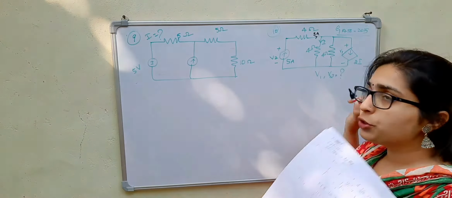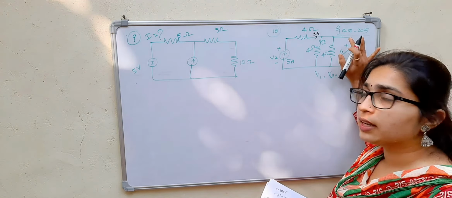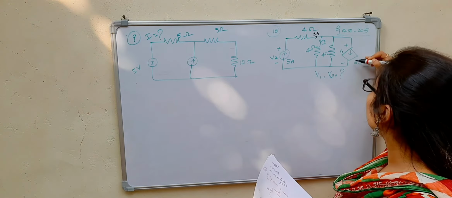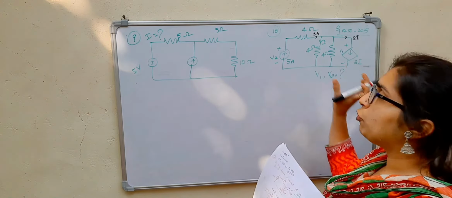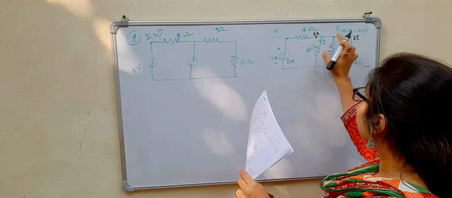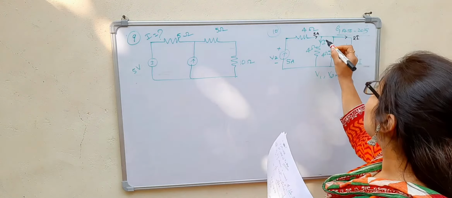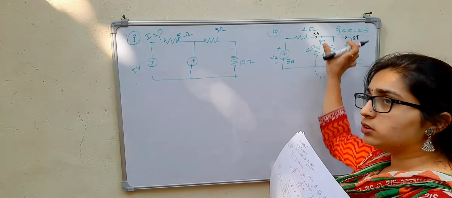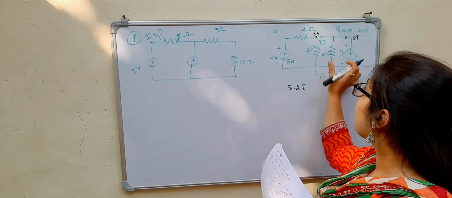But you should remember that there is another dependent source. We cannot neglect this, and the current that is flowing through this will be 2I. So the remaining current will be flowing through these two branches. That means from 5 you have to subtract this 2I. 5 minus 2I, that will be flowing through these two branches. So total current will now be equal to 5 minus 2I.